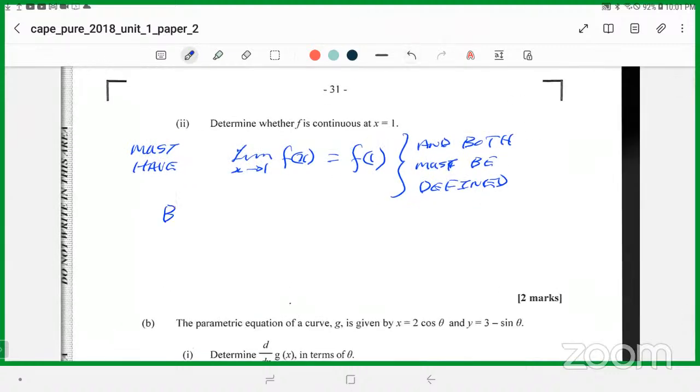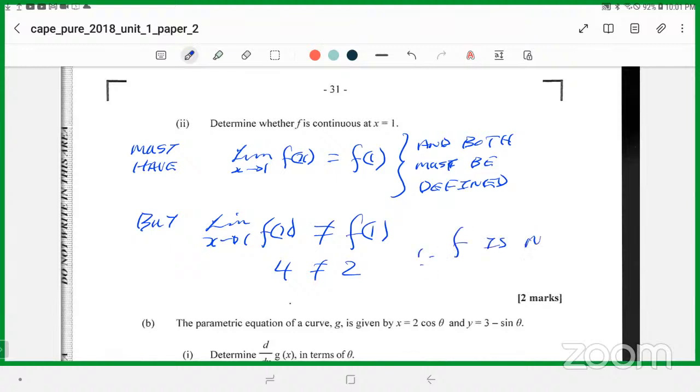You're going to say but the limit as x approaches 1 of f of x is not equal to f of 1, because 4 is not equal to 2. And so therefore, f is not continuous